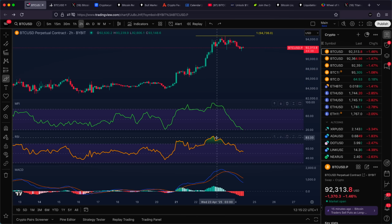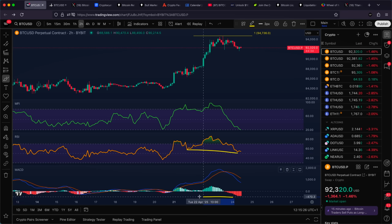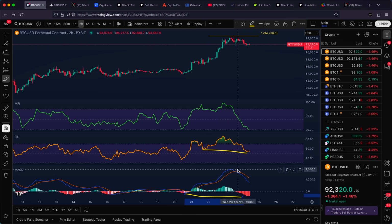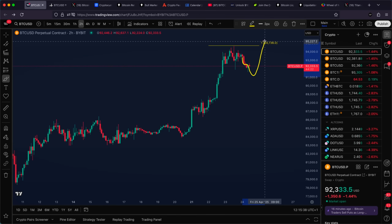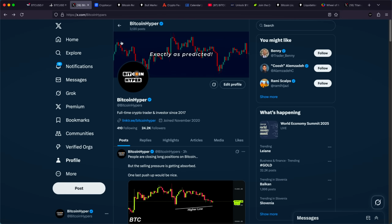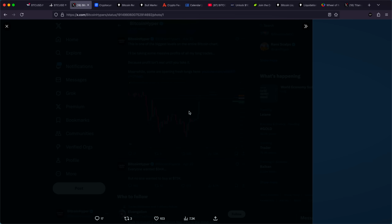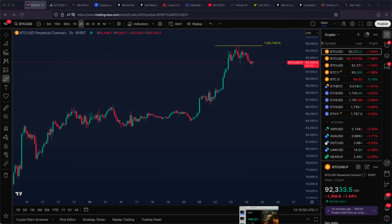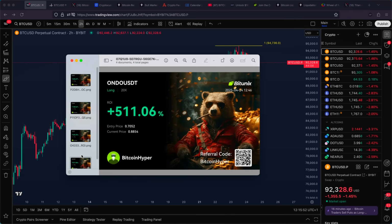And additionally, lower low on the RSI, lower low on MACD, which right now means hidden bullish divergence setups, which definitely means higher probability the trend is going to continue and that Bitcoin is simply going to see another push toward the upside towards our major price target at approximately, let's just say, 95 and 96,000 US dollars. That is why right now I remain in all of my long positions, ideally looking still for another push toward the upside,